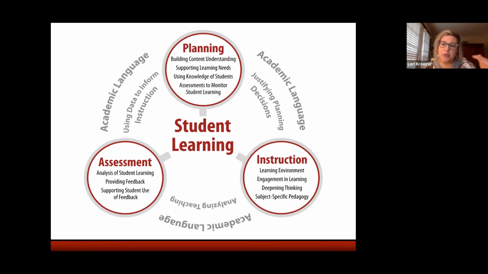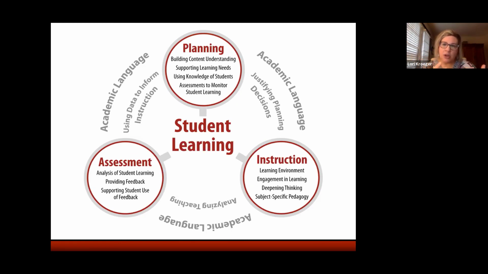And then woven throughout the assessment, on the outside of these circles connecting them, are two additional constructs: academic language, and the constructs associated with teaching effectiveness. I'm going to talk a little about academic language on the next couple of slides as well.